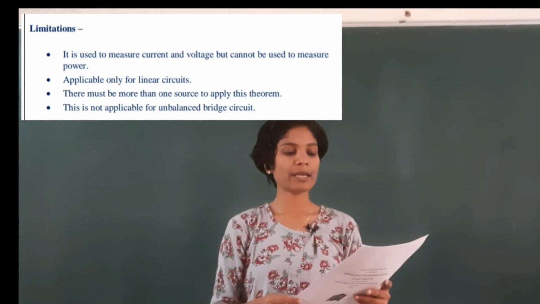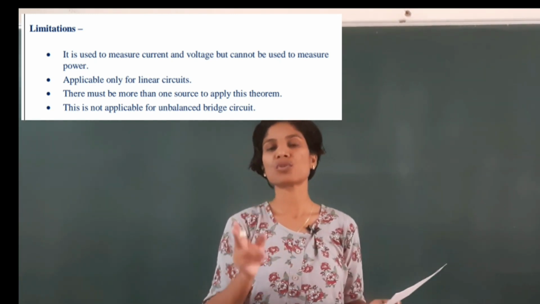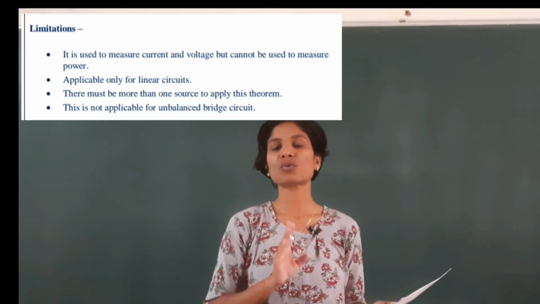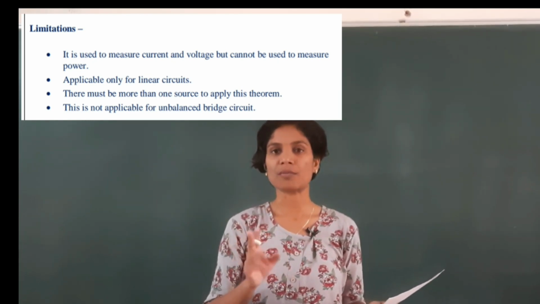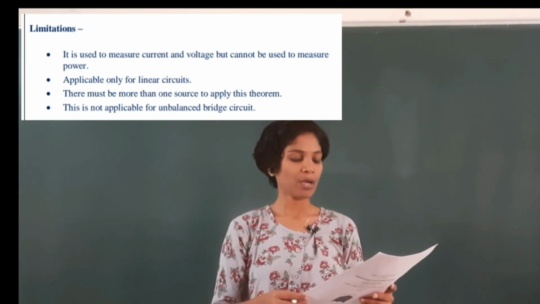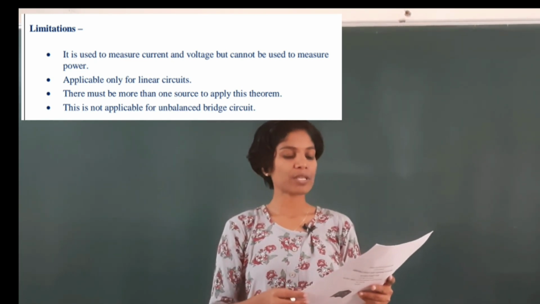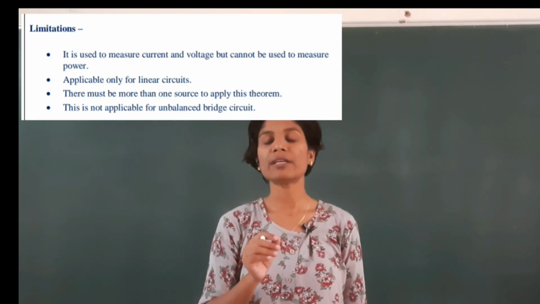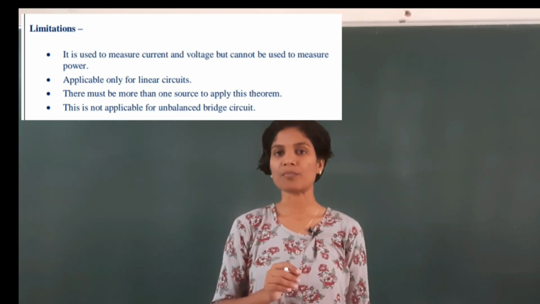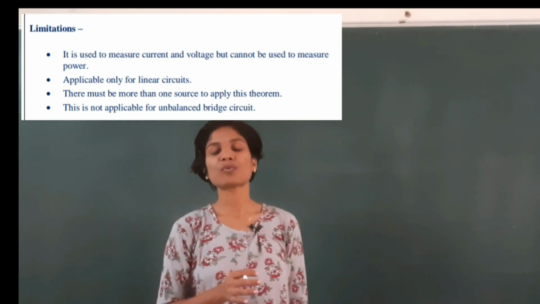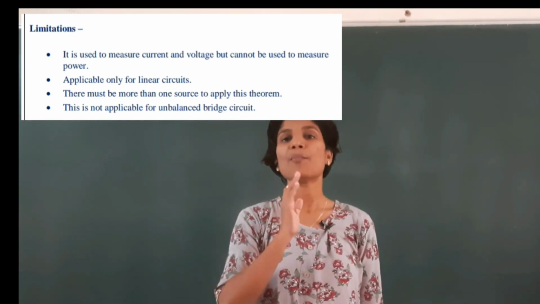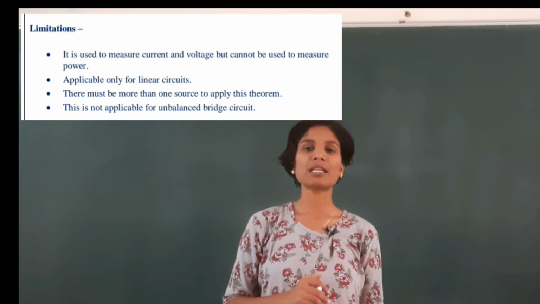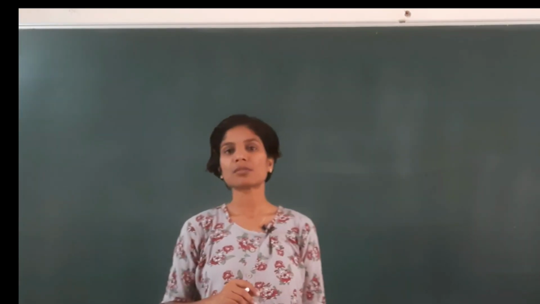Now what is second? That we need to have 2 or more sources. At least 2 sources should be there in the circuit. For single source circuit we cannot apply the superposition theorem. That is another limitation. Okay, if we will discuss what is the next limitation, so we cannot have the power calculation directly with the help of superposition theorem. That means what? That according to the superposition theorem we cannot apply the power summation at the end of the solution, right? So those are the limitations you can see on the screen.